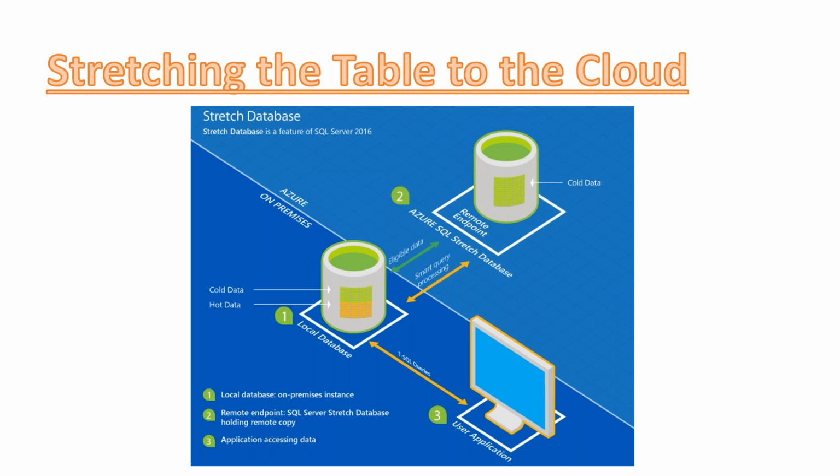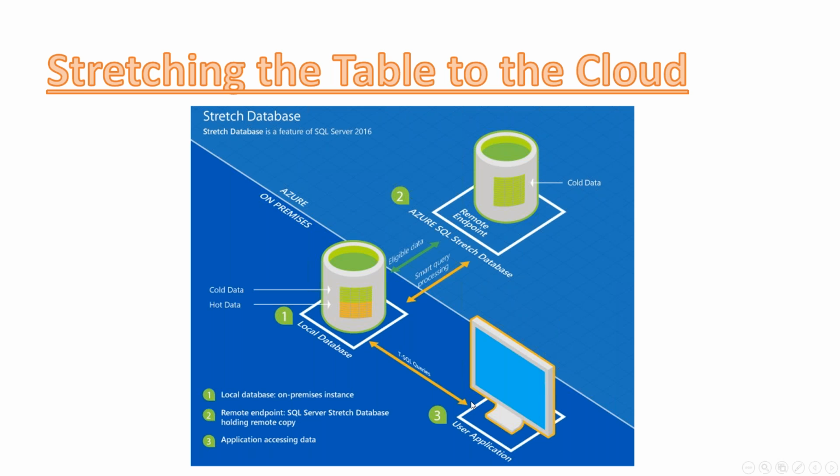We need to be able to access the data only once in a while. So we don't need to hold all this data locally on our own storage. What we can do is leverage stretch database to stretch all the cold data into the cloud, into an Azure SQL database. So we're going to set up an Azure Server and Azure SQL database, and then by leveraging this feature, we will be able to tell SQL Server to asynchronously, all the time, go and archive data, move it to the cloud. And the best thing about this is it's completely transparent to the application.